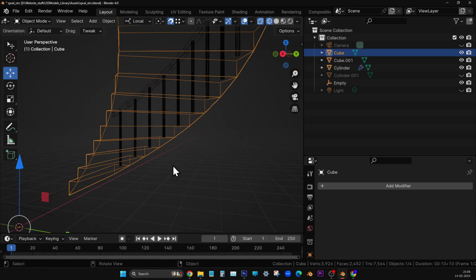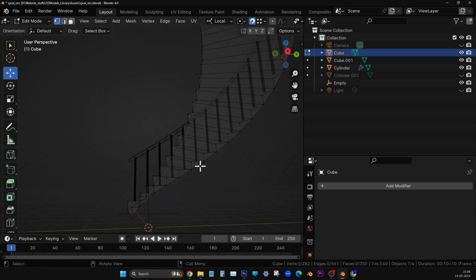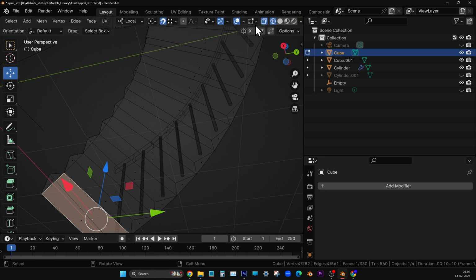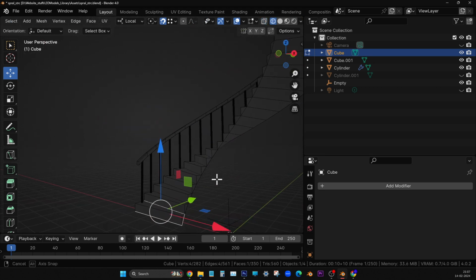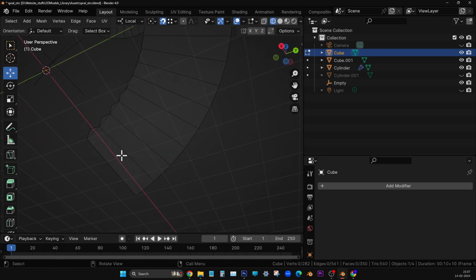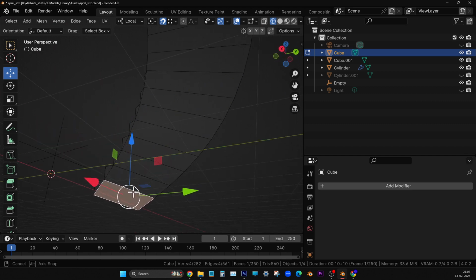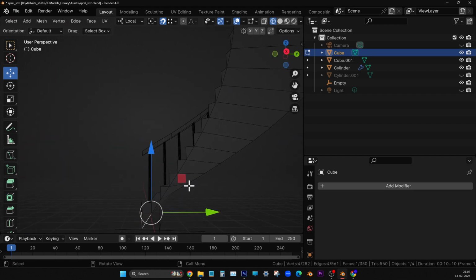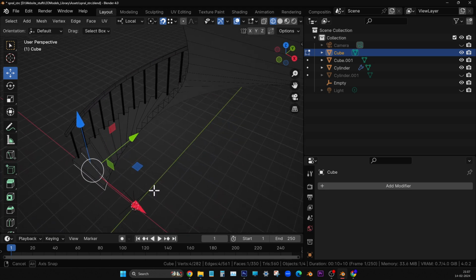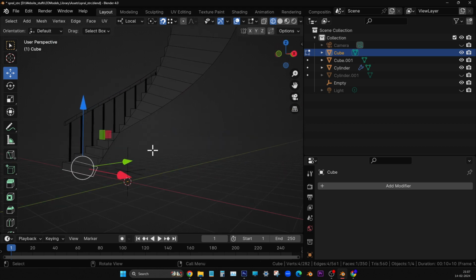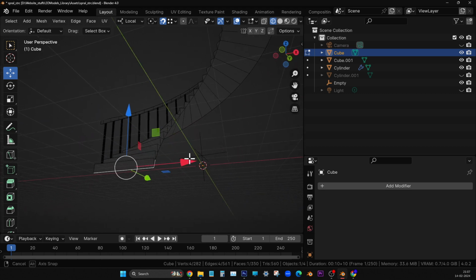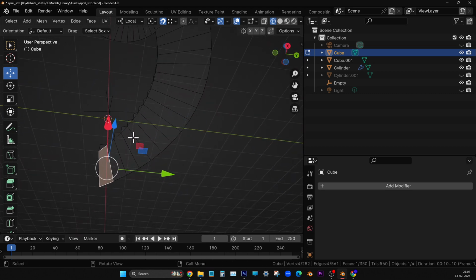Now for these steps, what I'm going to do is I'll go into edit mode. I will select the face and then I will switch off the X-ray so that I can see clearly, only the bottom side I can see. Right. I'm selecting just one face. Now you see, it is very thin, no? The steps are looking like paper. They are not looking like concrete, no? Staircase very light, it is looking very thin,